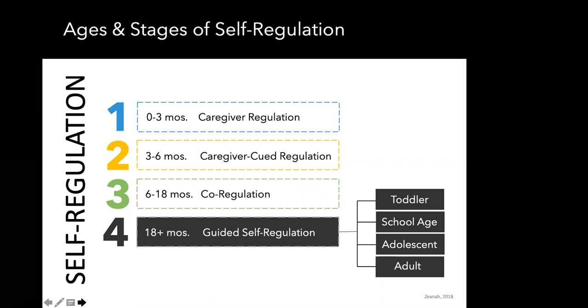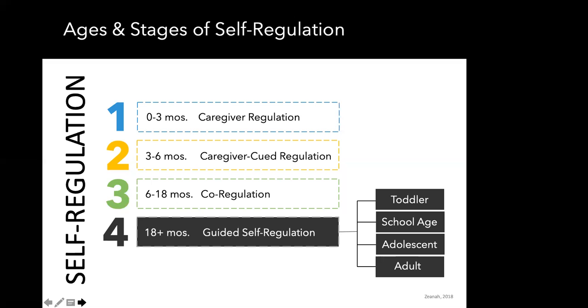From 6 to 18 months, those cues get more and more intense. The infant starts talking, starts walking, starts getting into things, starts really pulling items down to show to the caregiver. They enter that state of co-regulation, where the infant really has a say in what's going on and can communicate a lot more actively with their caregiver. That's how they enter co-regulation.